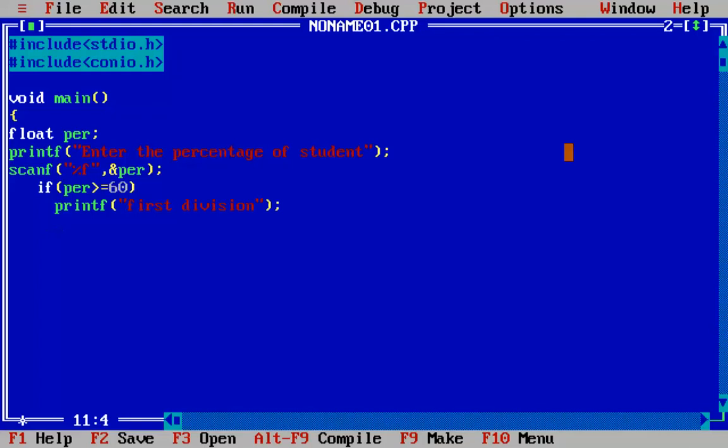So the next condition, we can make use of else if here. Else if is again a keyword wherein we can check the other conditions. If percentage is greater than or equal to 50, our next condition, at that time we can print second division.